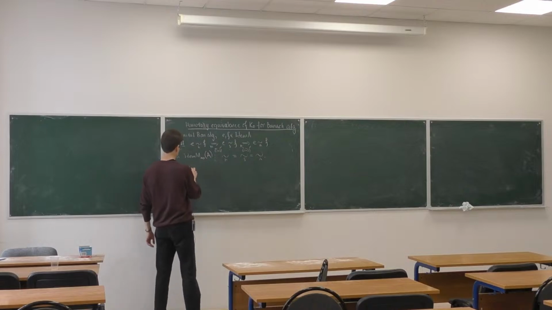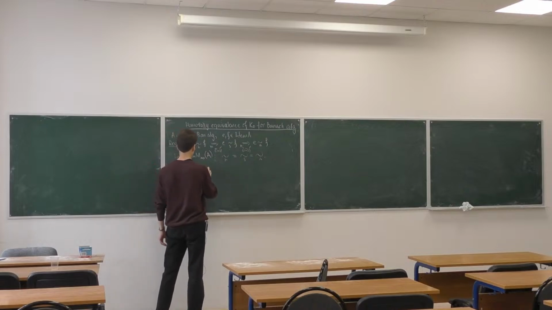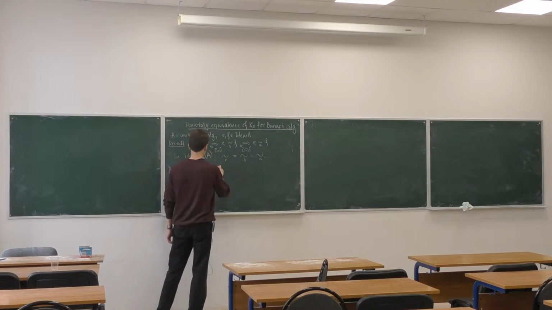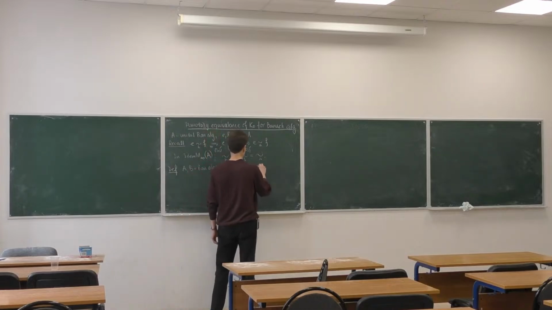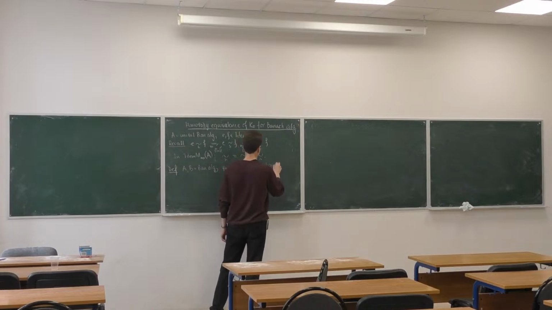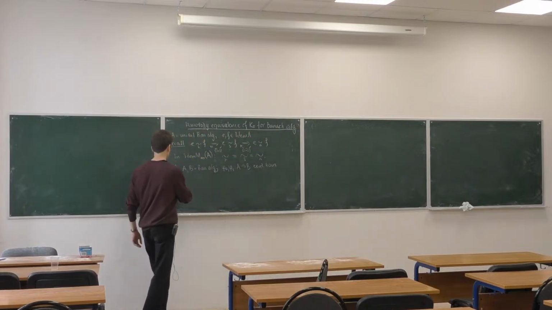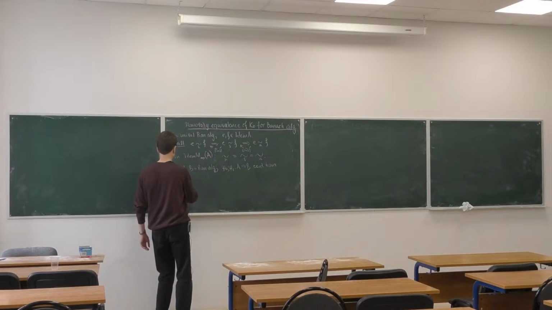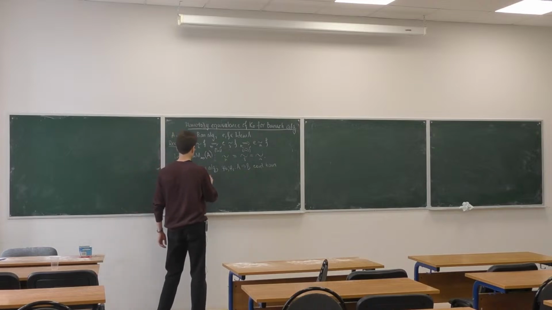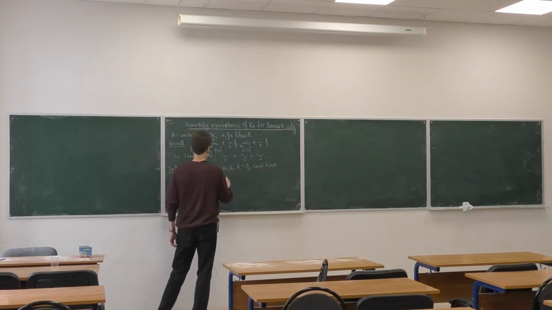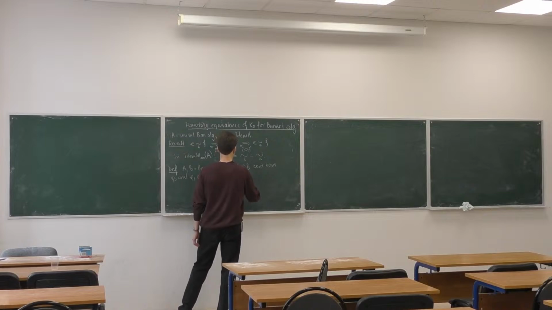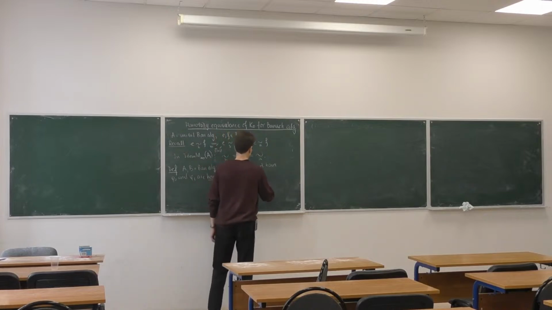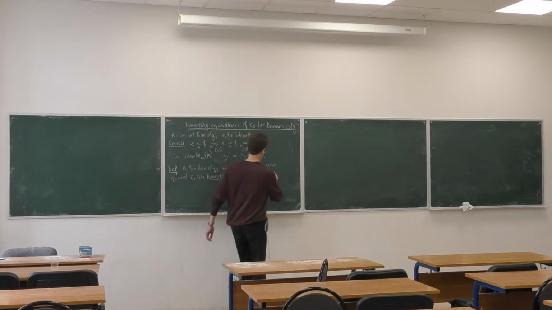If we have two Banach algebras, A and B, and two continuous homomorphisms, phi 0 and phi 1, from A to B, we say that phi 0 and phi 1 are homotopic, and we use the following notation, if there exists a continuous homomorphism,